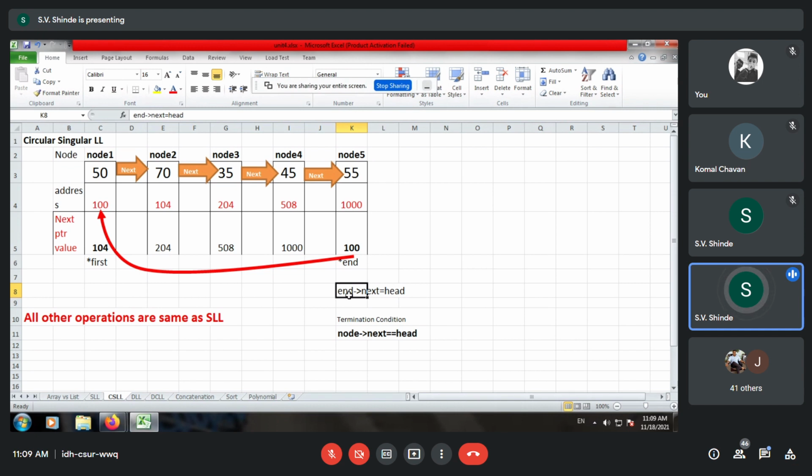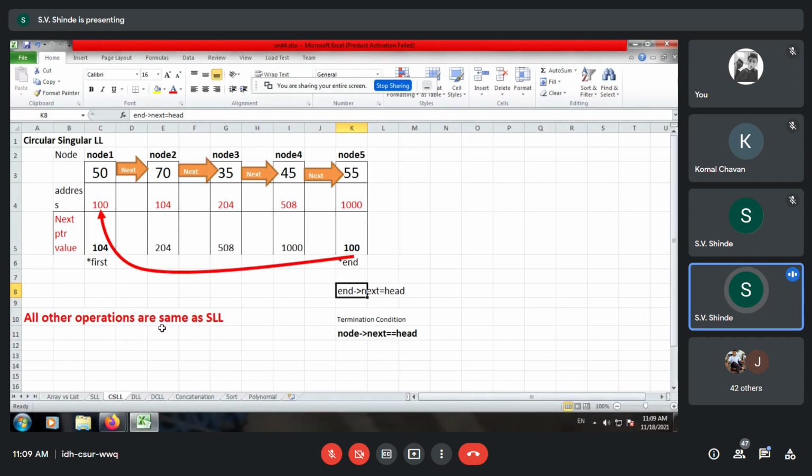And every other operation such as insertion, deletion and searching is similar to single linked list. Yes, participants, any question or doubt about circular linked list design? Okay, if there is no doubt, we will move forward.